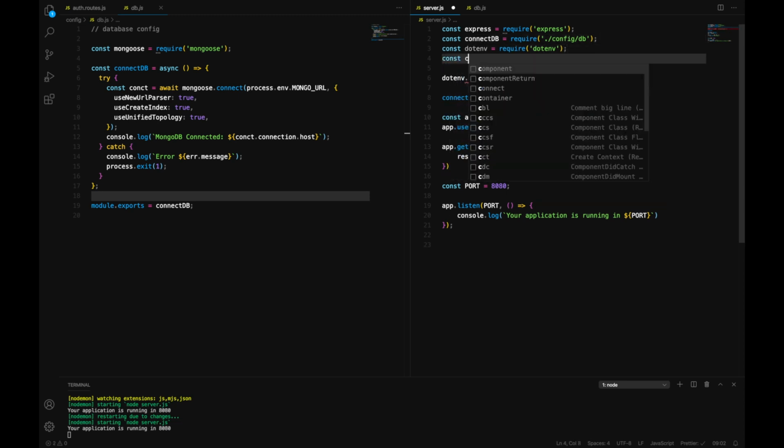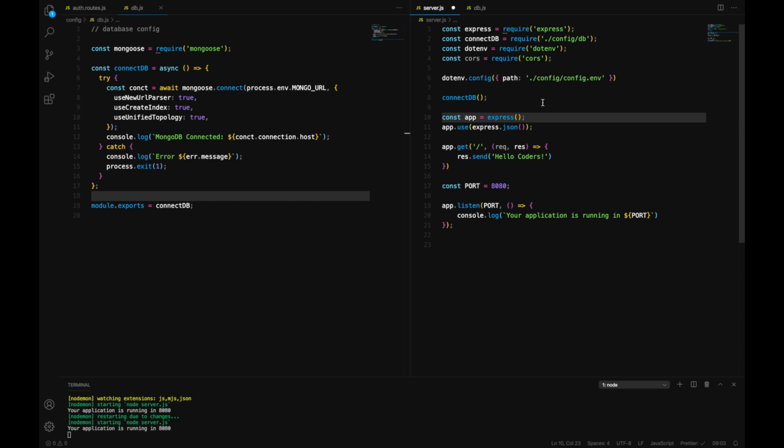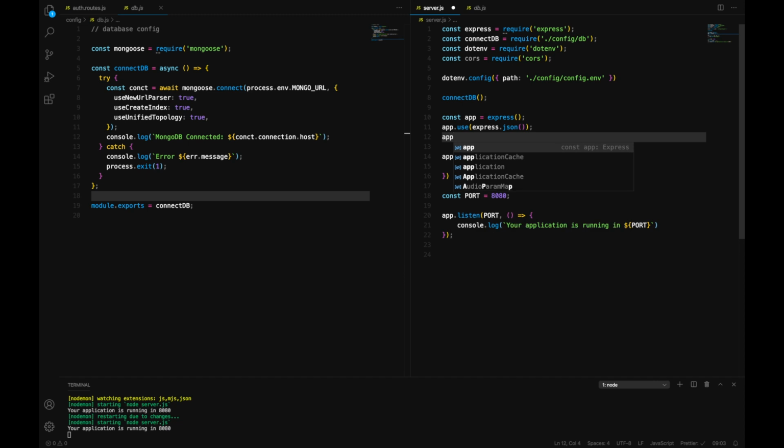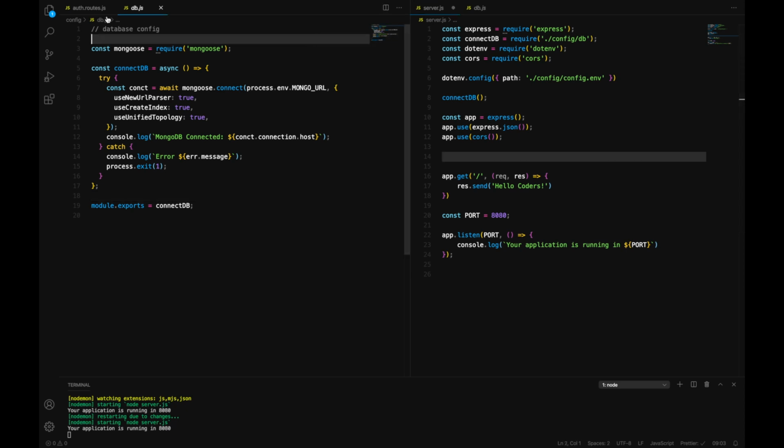So const cors = require cors. Let's also use the cors: app.use cors, and then now express app.use. Now let's use our route that we created, which is the auth route, which is this one right here,